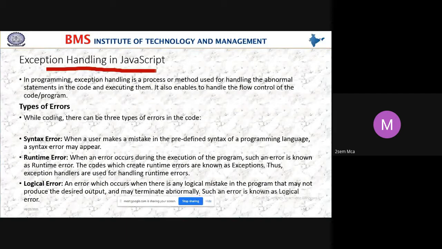If I use exception handling, a proper error message can be displayed, instead of terminating the program abruptly or executing an abnormal program. Yes, students, you're getting it? Yes, ma'am.